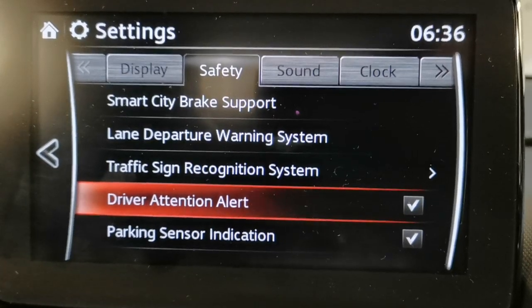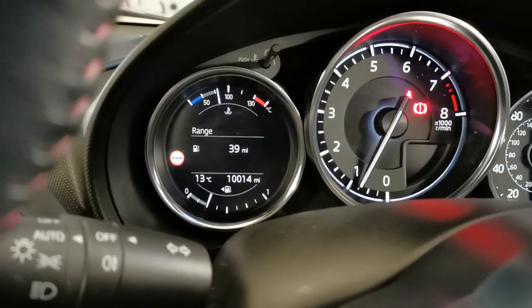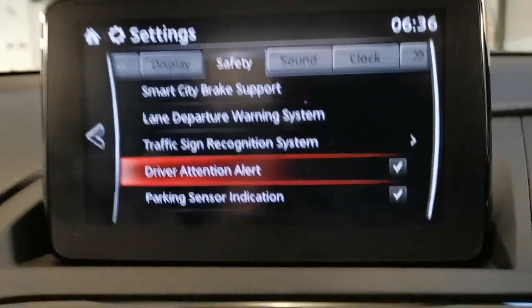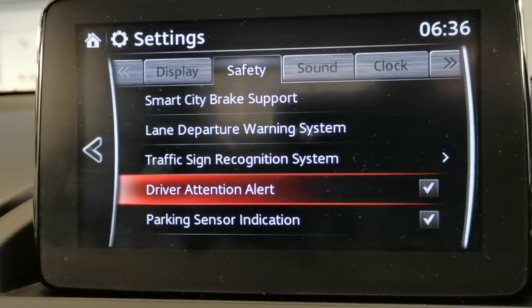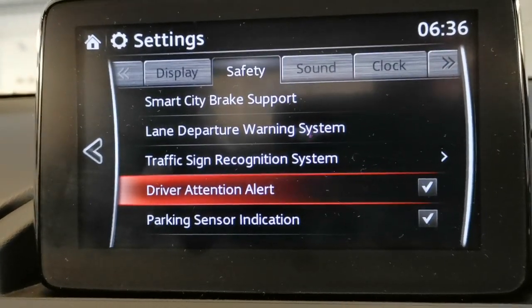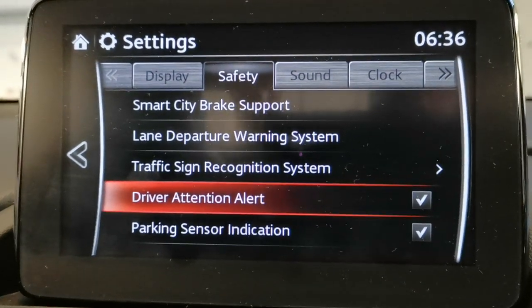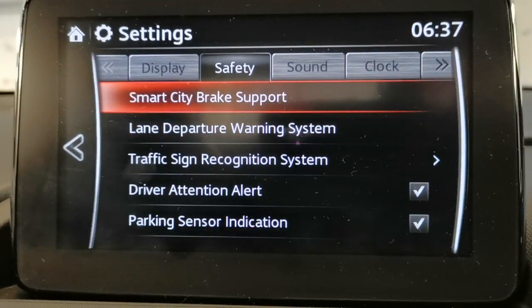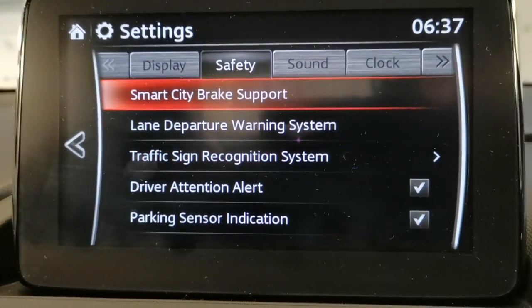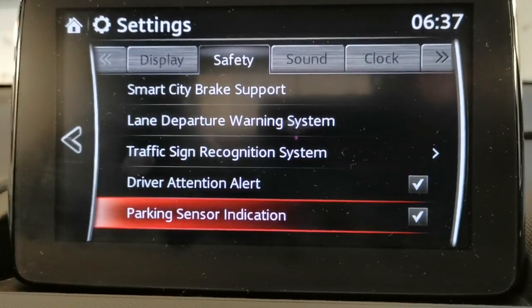Driver attention alert system. This car will warn you of that, usually within this clock, this left-hand gauge there. It'll warn you to take a break if you're on a journey, which sounds like a gimmicky safety feature, but it's really good. It does remind you not to become complacent when driving. So car's loaded with safety features: smart city brake support, lane departure warning, traffic sign recognition, driver attention alert, and